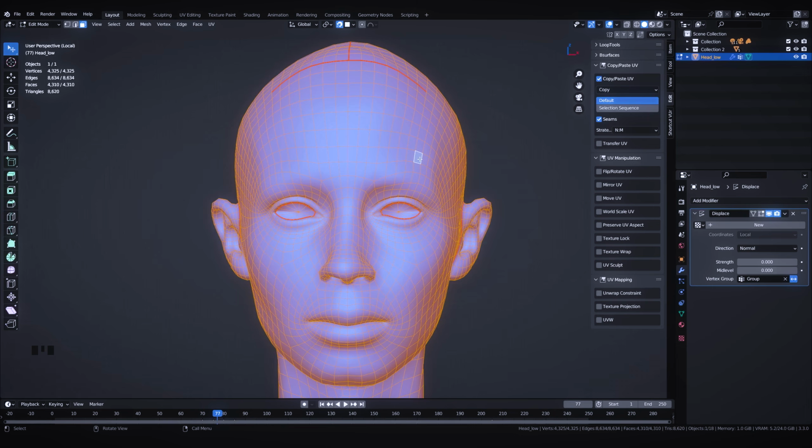Every vertex on a head has a particular number to it. They are numbered from 1 to however many vertices there are on a particular head. And if you disturb that, you will very likely completely destroy skinning or other things that have been done on a particular head. So for me, the only proper tools to mirror UVs over are tools that do not ask us to split the object in two and mirror that object over. We have to be able to copy the UVs from one side of the face to the other side of the face without having to disturb the vertex order. And MagicUV and this particular copy paste option here will allow us to do that,